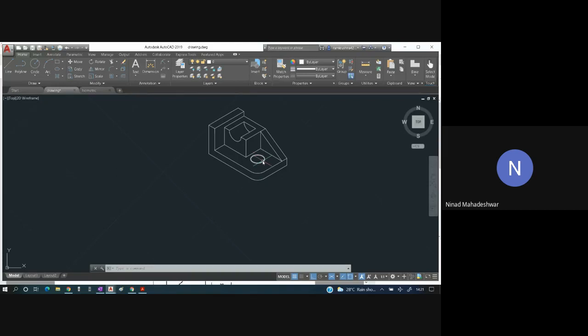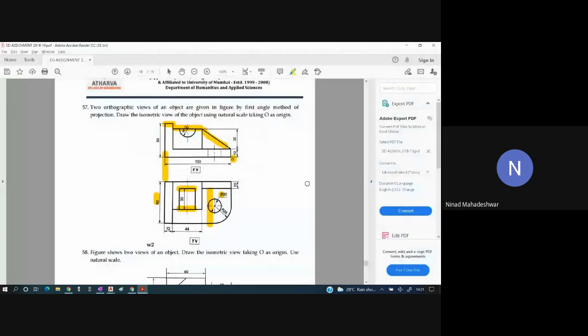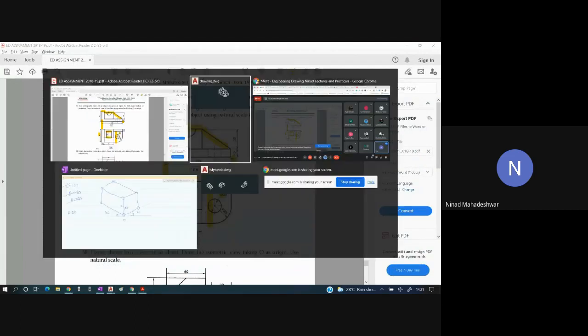So I'm going to click on this ellipse and copy it below. It should go down. How much is the thickness of this part? That was 12 mm. Put 12 mm over here. Students, understand this: this is a hole which has a thickness of 12 mm. Hence we have drawn this as 12 mm.